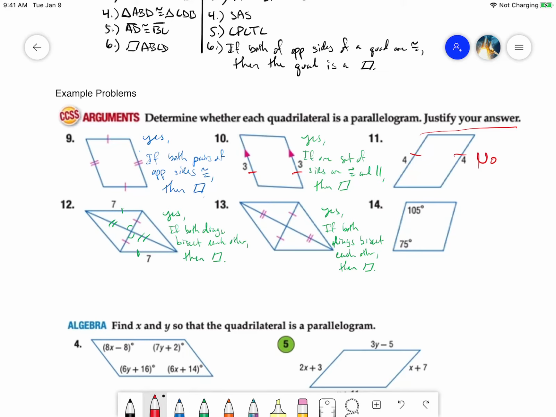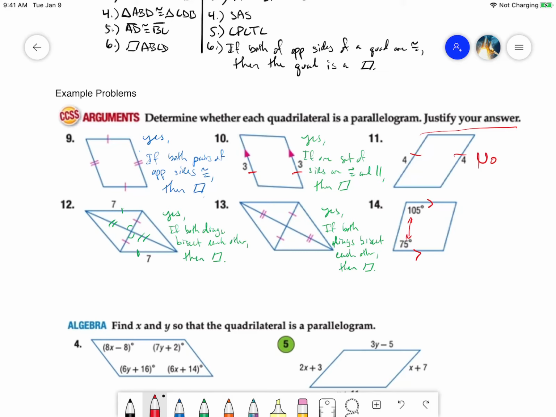All right, and then in my last one, number 14, what I have is that these two angles are supplementary, which is great. That would make these two sets parallel. However, the one thing that we don't have is anything else. I have no idea about other opposite sides. I have no idea about